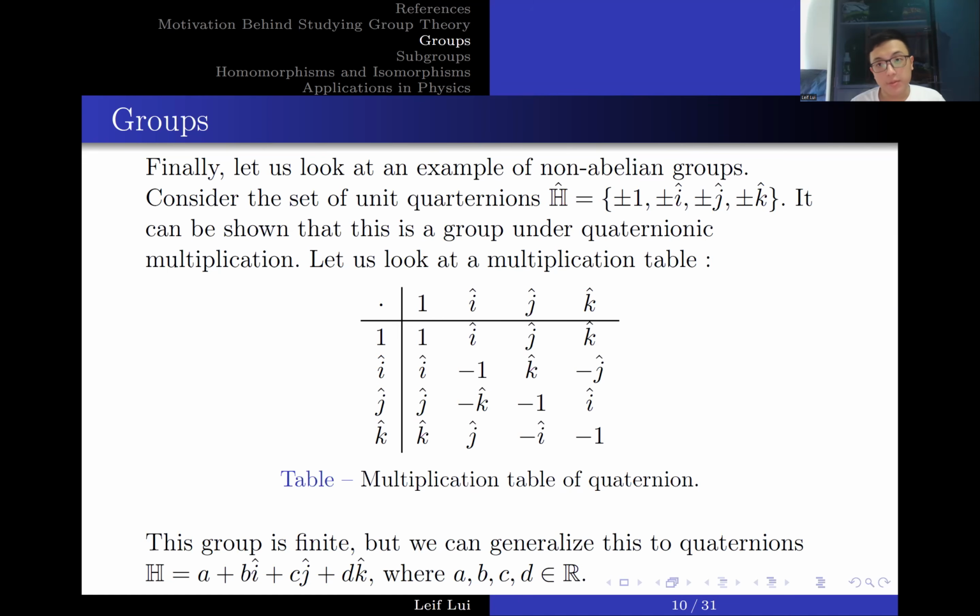So we can see that it's not commutative, because we can do i times j, that yields k, right? But what happens if we do j times i? j times i is equal to minus k. So we can see a clear thing here. Operating i times j yields negative j times i, which means that the commutator is non-zero, but the anti-commutator is 0. So basically, the sum of ij and ji is equal to 0.